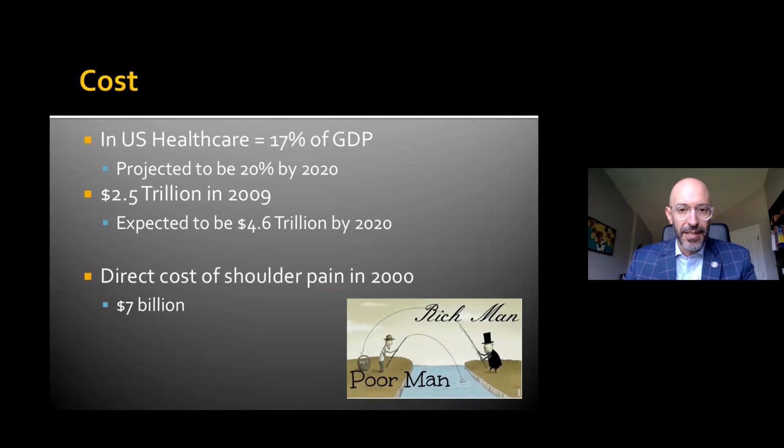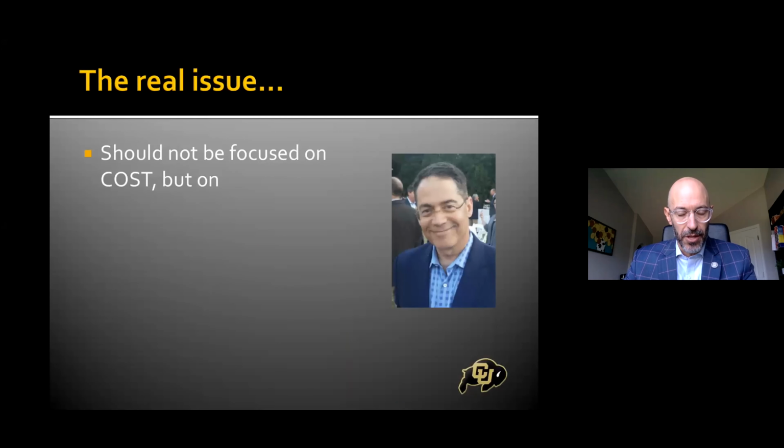And in the US, healthcare is 17% of our GDP, projected to be 20% by this year, $2.5 trillion in 2009. And expected to continue to go up. The direct cost of shoulder pain, $7 billion. The real issue here, though, is that we shouldn't be focused necessarily on cost, but